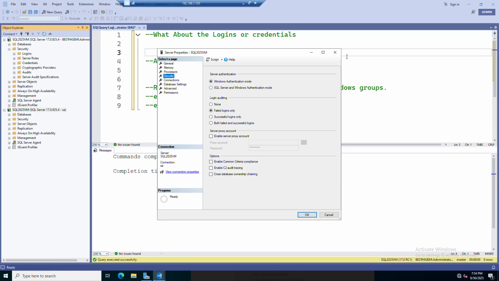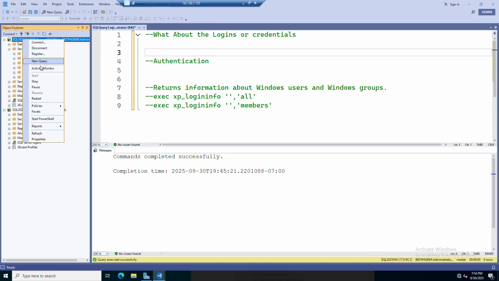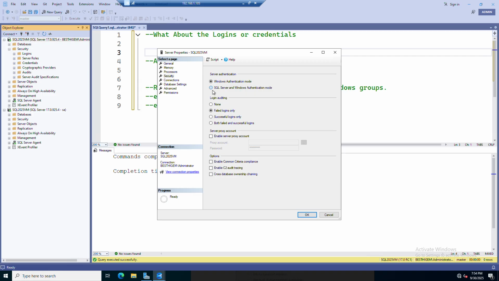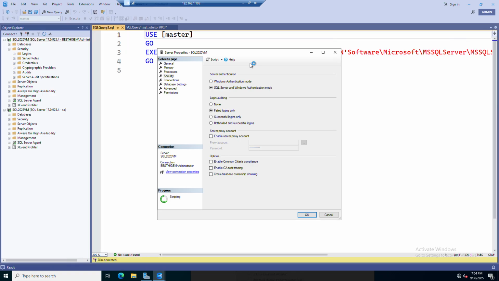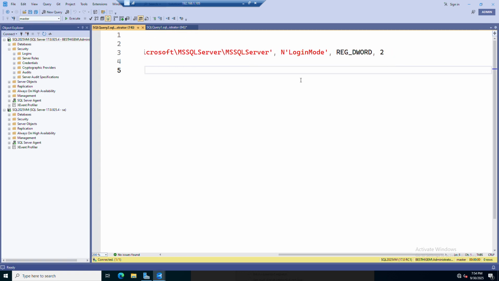That is very strange. But I should not have connected with that SQL Authenticator because it's not on mixed mode, which means what I should have actually experienced was a failed login, and then the next step would have been to come and enable the SQL Server mixed mode, which is what I'm going to do here. And this often is a script that alters something on your registry, and that's what it's doing. It's going to enable that mode in the registry, so the login mode. So once I execute that,